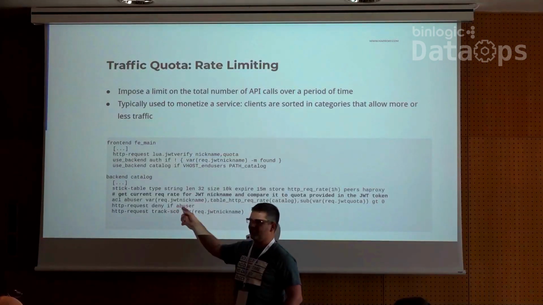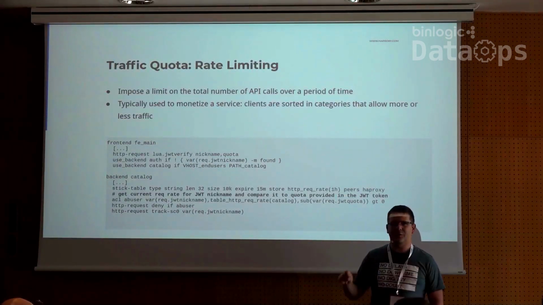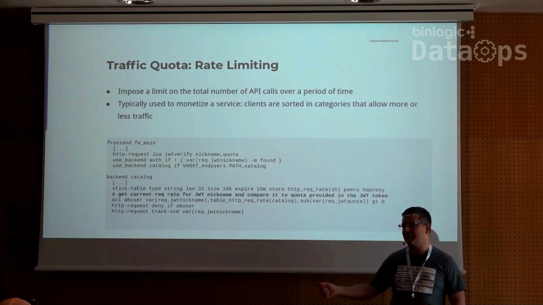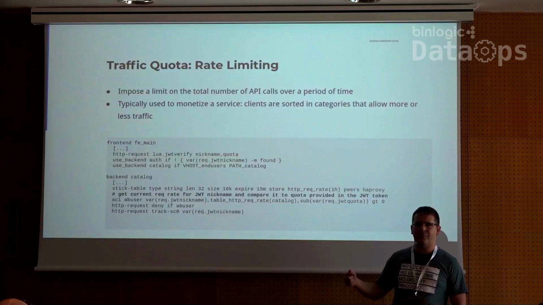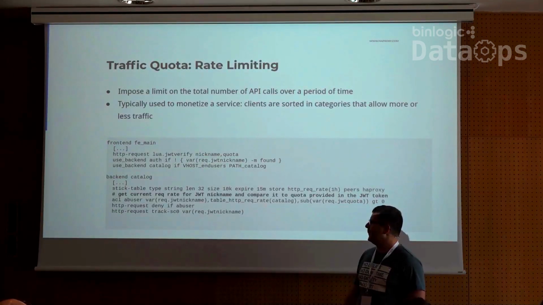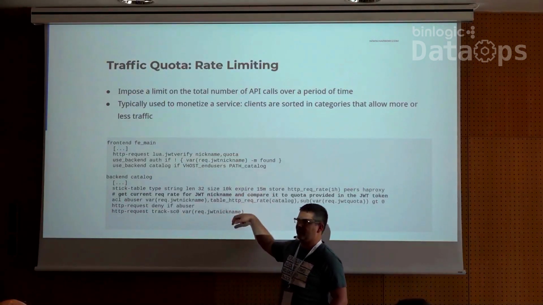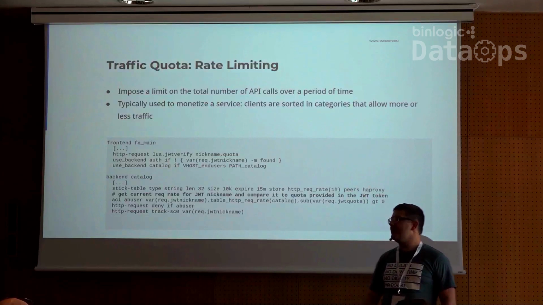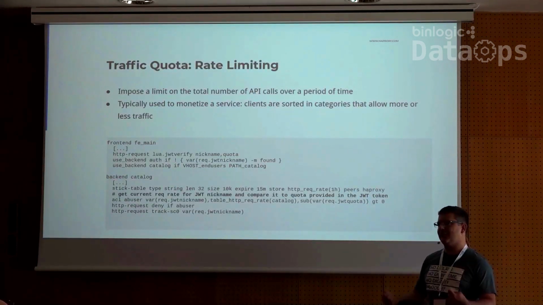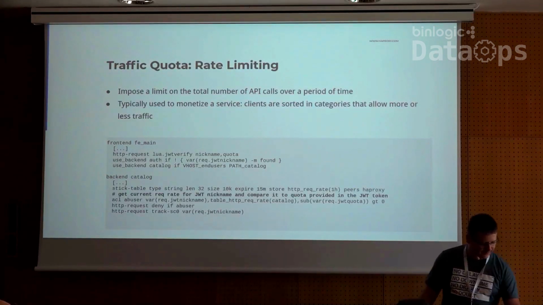Normally you don't want to just do a deny. You want to do a deny with a status code 429, which means too many requests. And then when you have a partner using your API, they know that when they get a 429, they will just retry later. And then as soon as you pass all of this, I do the tracking after that, of course. So this is how you can simply implement traffic quota, rate limiting, etc., and how you can start getting money from your exposed API or protect against abusers.